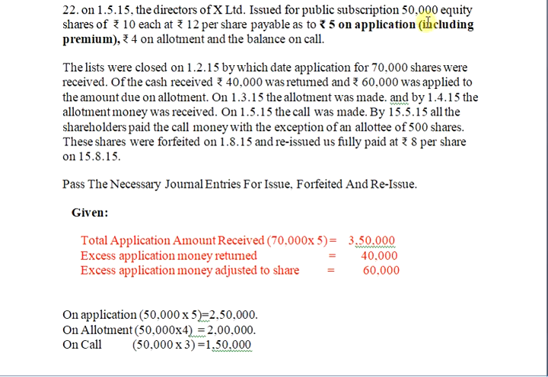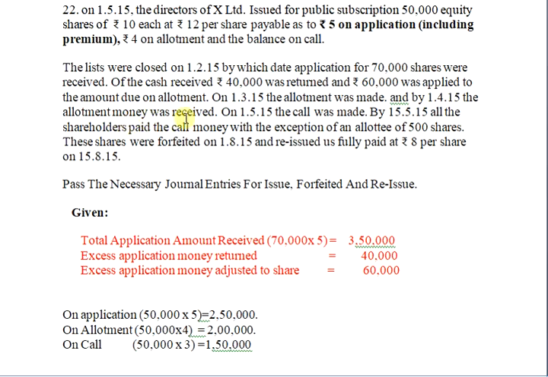50,000 is the actual public subscription we are giving, but the public are demanding 70,000 shares. We are receiving the application amount as cash received. Which cash received? This 70,000 application amount cash received, 40,000 was returned. That means we are not allotting that 40,000 worth of shares, and 60,000 was applied to the amount due on allotment. The 60,000 we are adjusting with the allotment amount. On 1/3/2015 the allotment was made, and by 1/4/2015 the